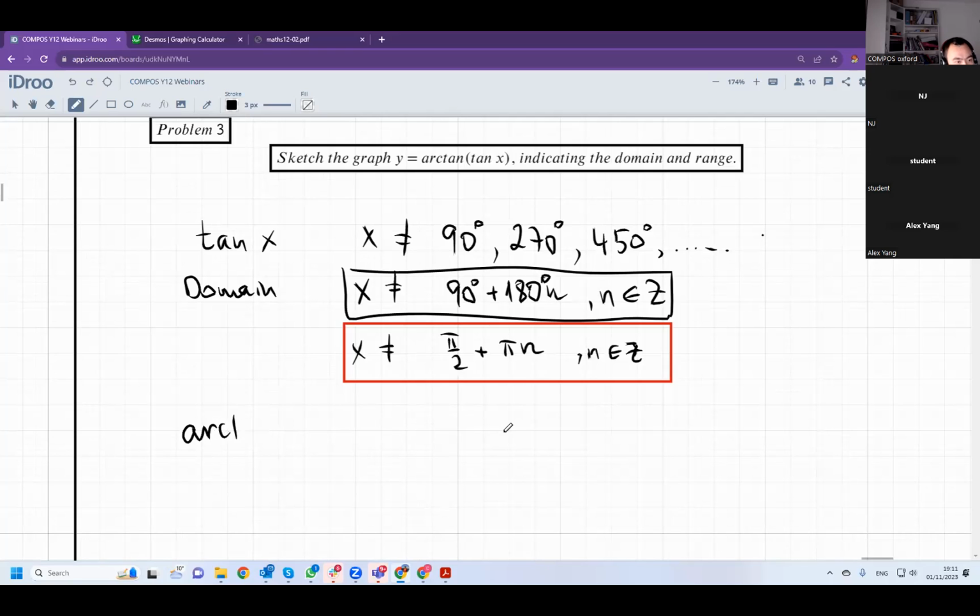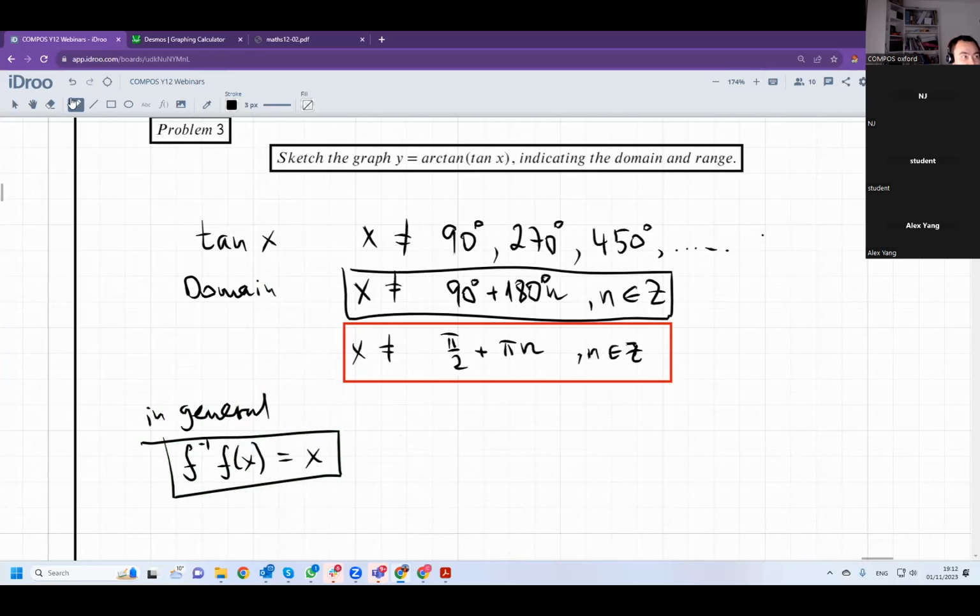We know, in general, that f minus 1 of f of x is x. In general, this is how an inverse function is defined. And we also know that arctan is the inverse of tan. So certainly,